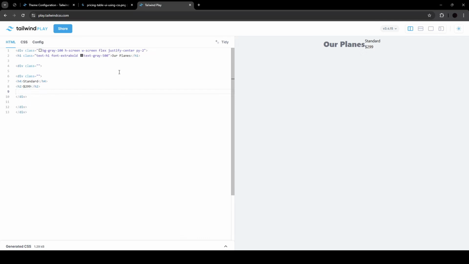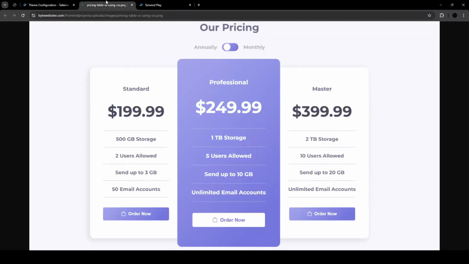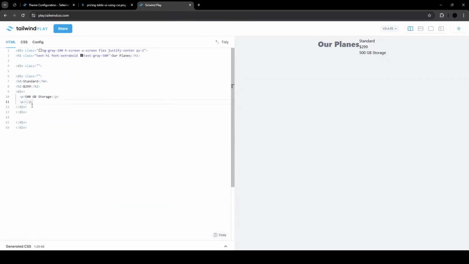Should we use ul and li, or should we keep it in, let's say, div? Again, I don't know if there is any use of div, but let's keep it in a different div. Then what we need here is 500 GB storage, like this. Then let's keep another p tag, like this, and 2 users allowed,